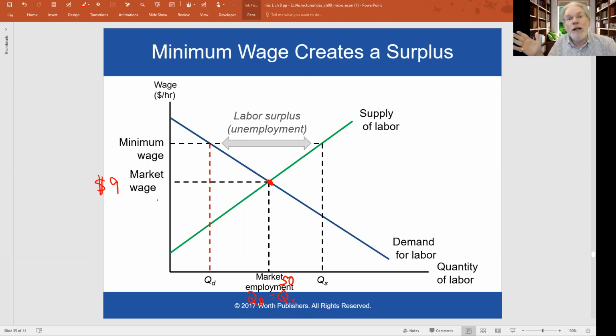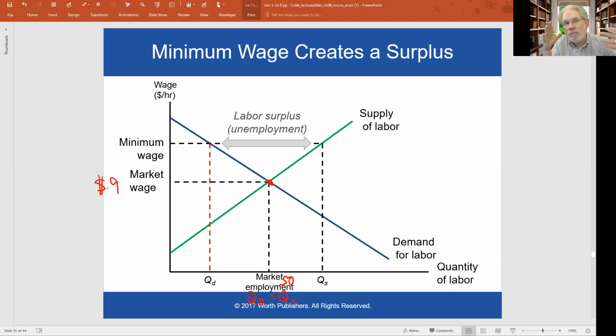Some consumers are changing what they want to buy. Workers are changing locations. They want to move to another city or something like that. And it takes time. Even though the quantities are in balance, it takes time for workers and employers to get matched up with each other. So if we had an economy like this, even at this equilibrium wage, at any point in time there would be some workers who have just lost their job, they haven't found a new job, and so you would still have some unemployment in that situation.